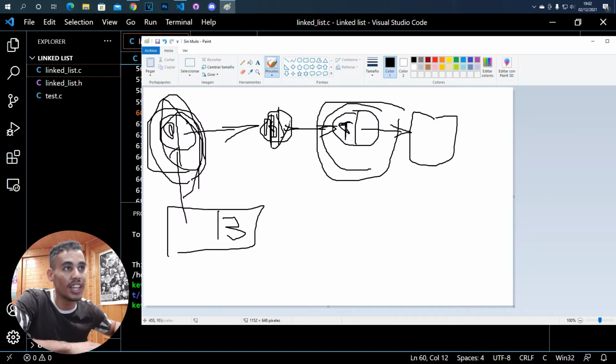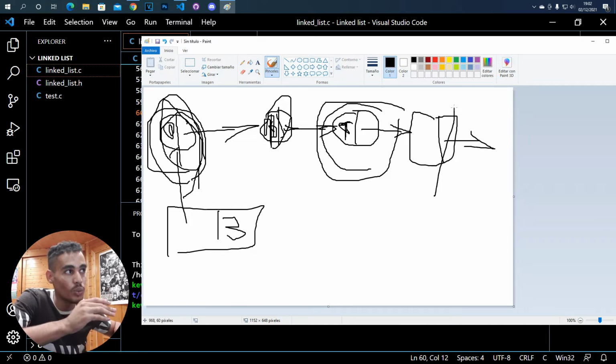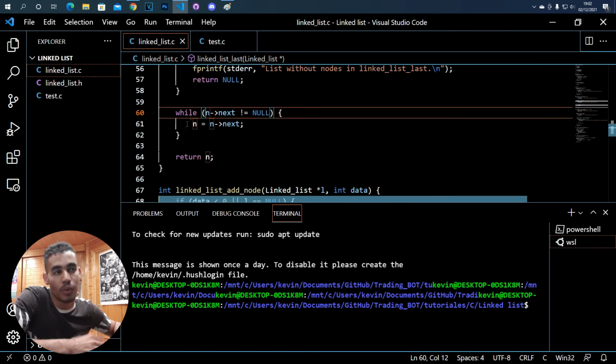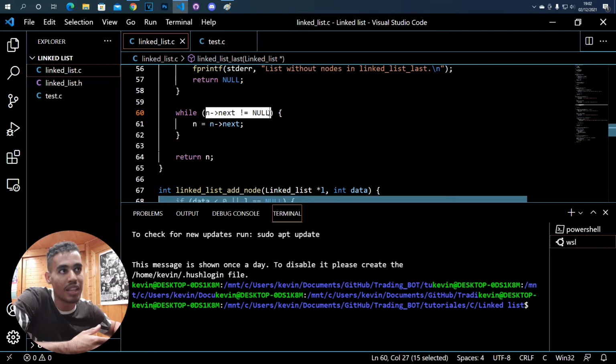If we are here and the next of this one is not null, it means that there's a next one. The same happens here, but here the next one of this is null because there isn't a node. So what we say here is that this one is the last. This condition is met, and we go out